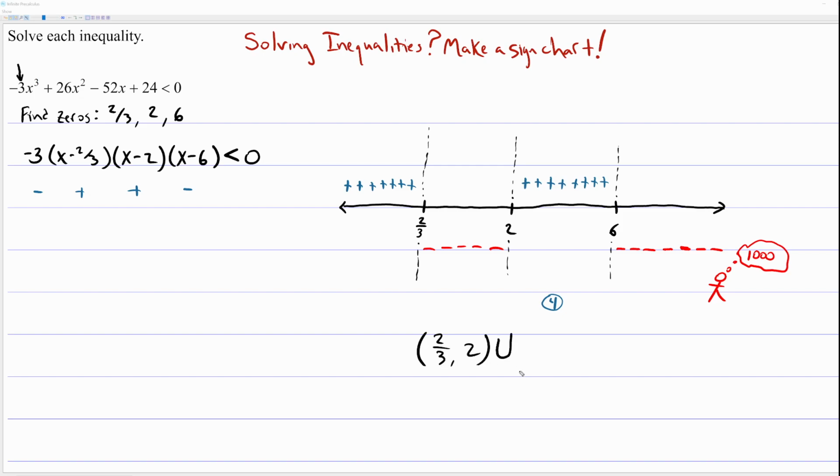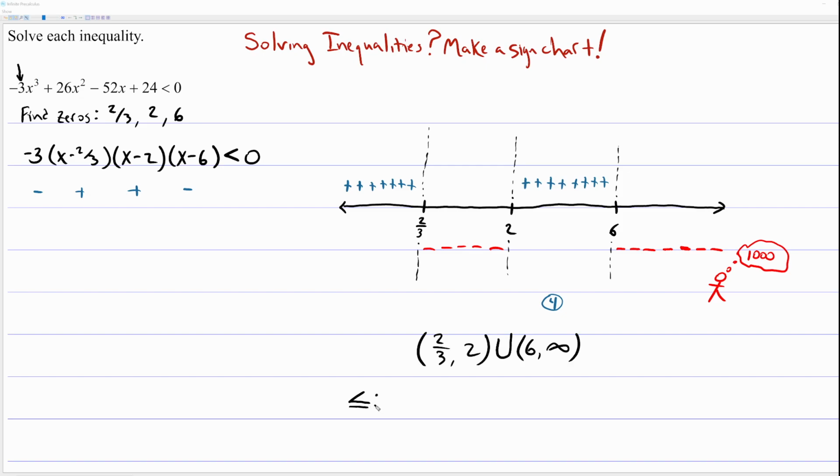And we're going to union that. That's the union symbol. If you haven't seen it before, that just means you're going to put 2 sets of numbers together. And we're also negative from 6 to infinity. And we're done. Just about notation, in case you haven't seen it before, if this problem said less than or